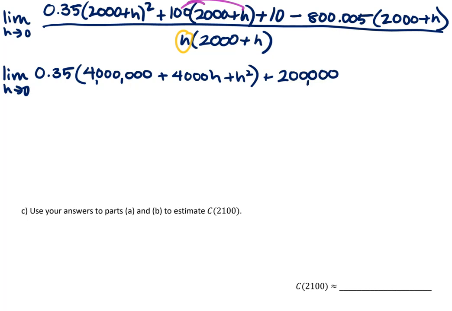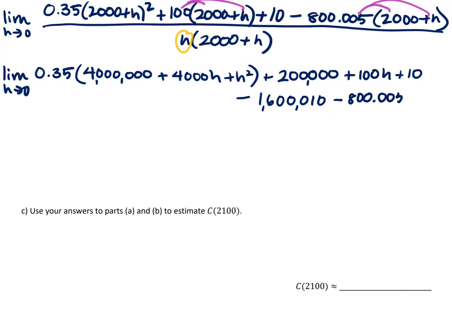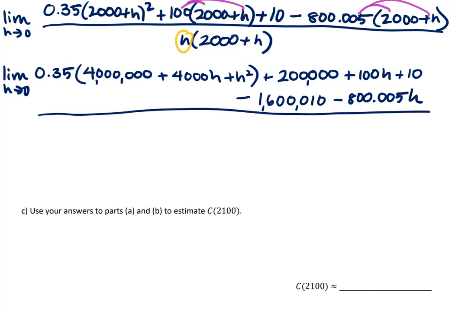So 200,000 and 100h. Oh, I'm going to run out of room. Plus 10 minus, okay, we need to multiply the 800.005 times the 2,000. And when I check that, I got 1,600,010. And then last little bit, we need minus 800.005h. Okay, so I kind of had to run onto 2 lines there, but that's all over h times 2,000